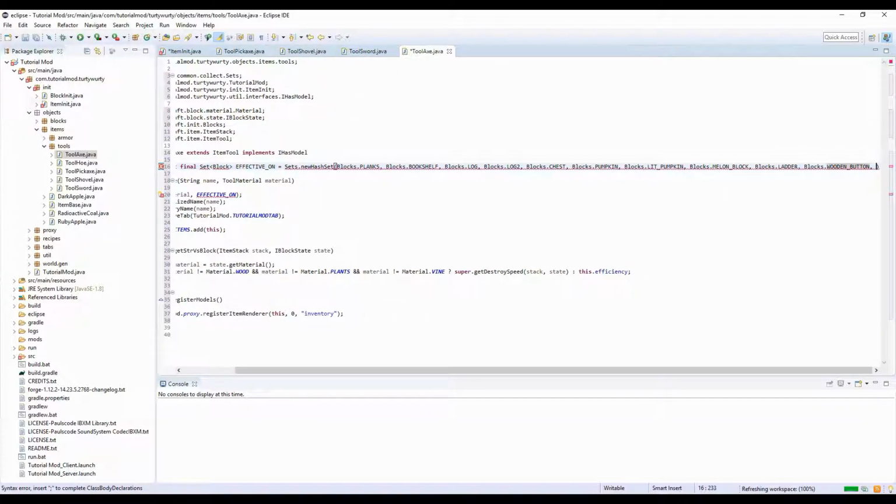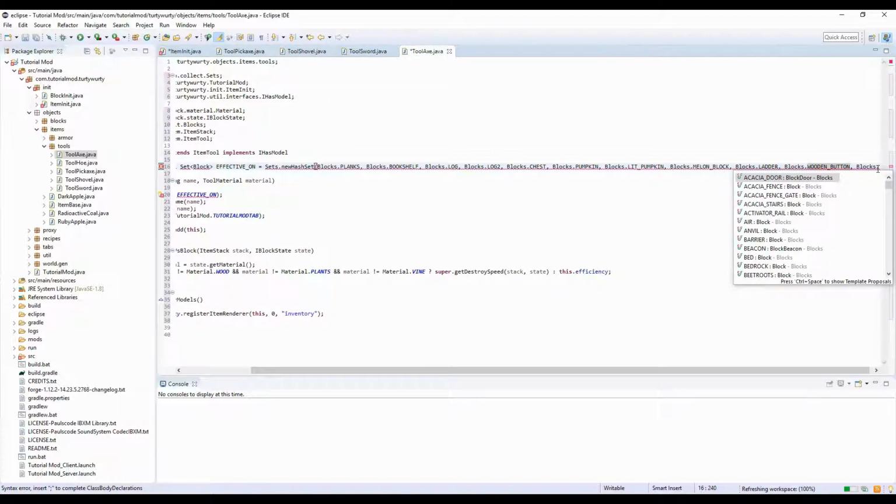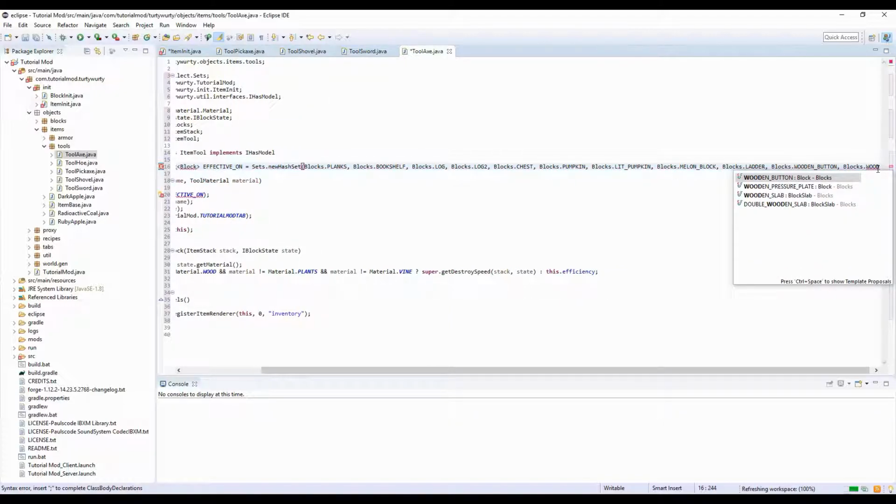One last thing: Blocks.WOODEN_PRESSURE_PLATE,